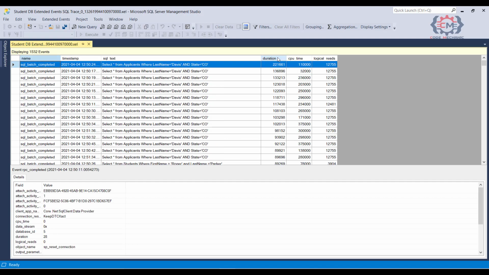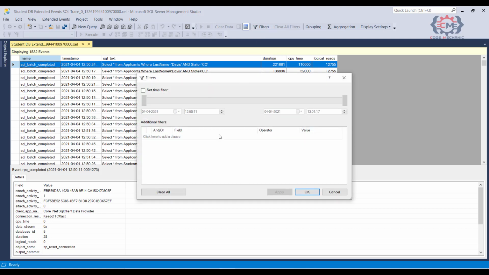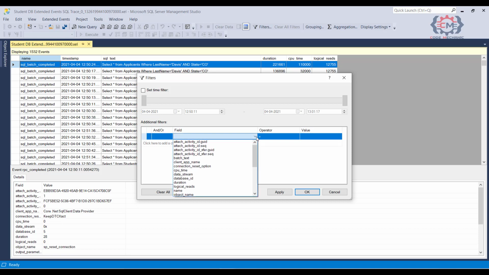I can also filter the data right here in the UI by clicking on the filter button. That's going to bring up this dialog where we can add filter clauses. So you just click to add a clause and then you can select the criteria, the operator and the values. If I use the arrow key here to cycle through some of these values, you can see all the fields that we are collecting for this event that we can now filter on.